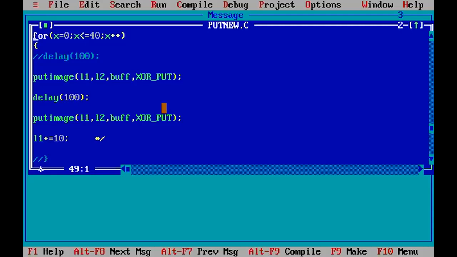Then again it will iterate for the next 10 points ahead within L1, and check the loop, that is up to 40 it will run. Then it will again do the XOR put at this location. It will be made available, then erased. So it will keep on going.